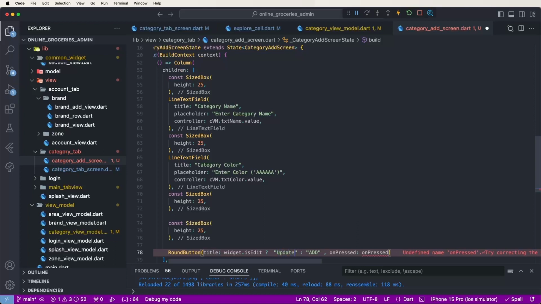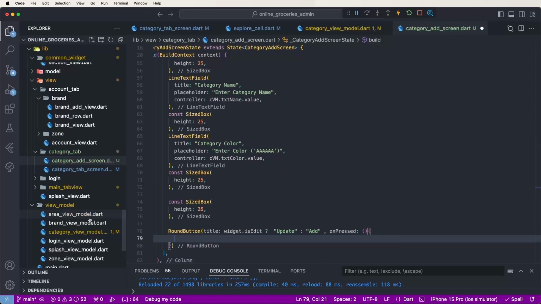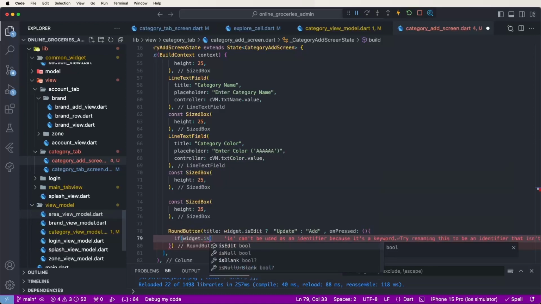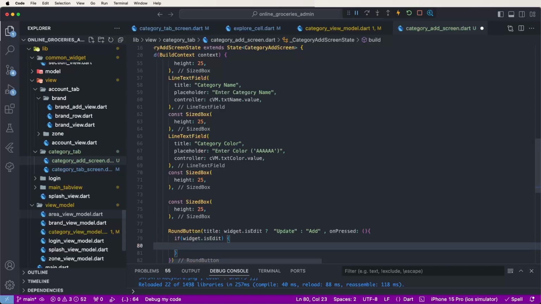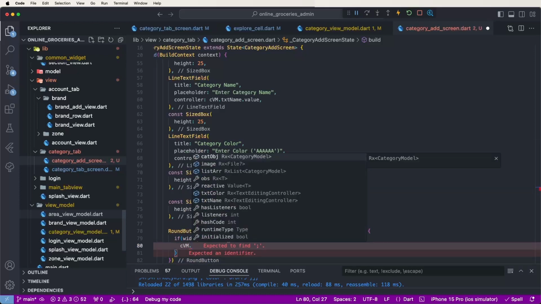If edit, then update, edit, and now need to write down here the event functions. If widget.isEdit, then write down here the cvm, write down the action update,